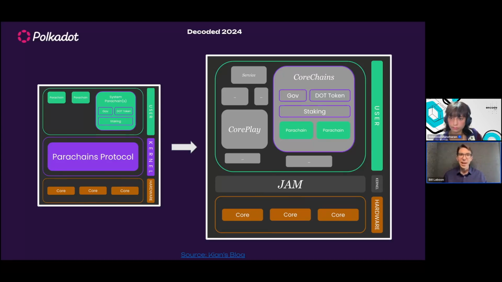So if you're interested in building a parachain right now, and you think that a blockchain is useful for your application, then it is still something that will work without any modifications on JAM. But JAM will also allow you to build other kinds of services that aren't blockchains and have them secured by the broader Polkadot network. So you can program in different programming languages, or things that perhaps are not chains, use some other different setup, and still have it all be secured and verified by Polkadot. Again, I don't want to go too much into that, especially because there is a whole session on JAM that will be given by my colleague Filippo in a few weeks.